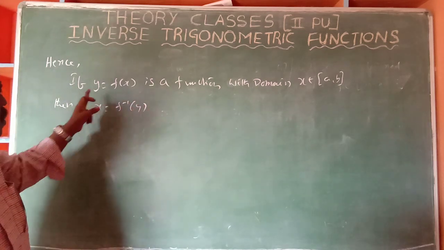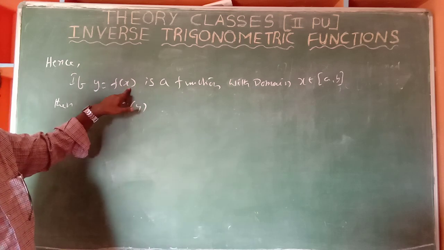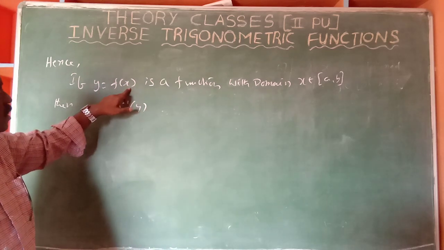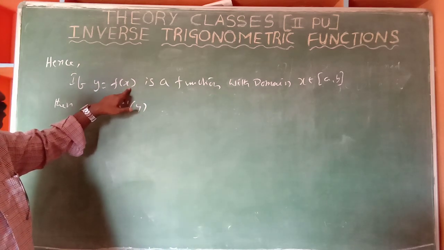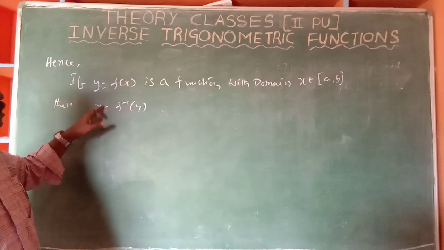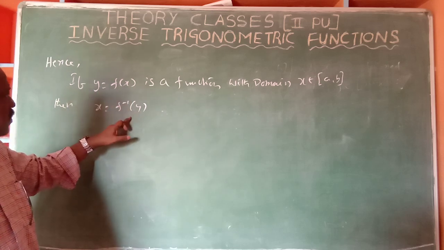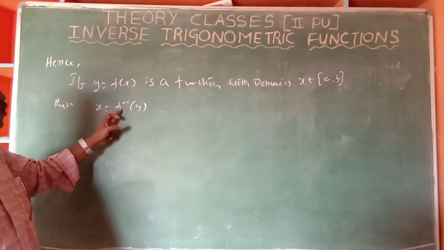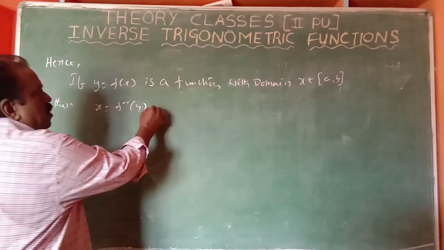Observe, y in terms of x, already with one example y is solved. We can understand. Now x in terms of y, it is a notation. x is equal to f inverse y